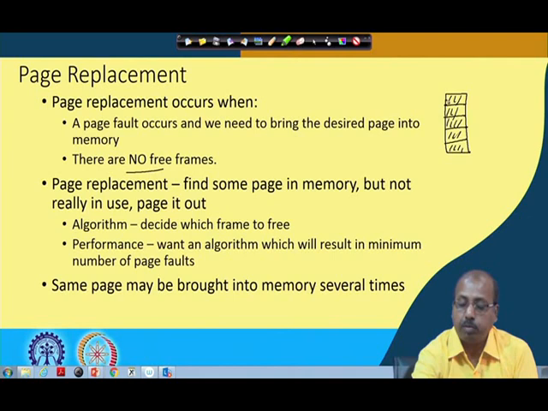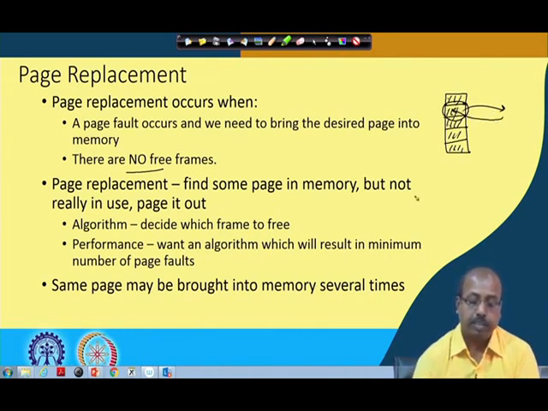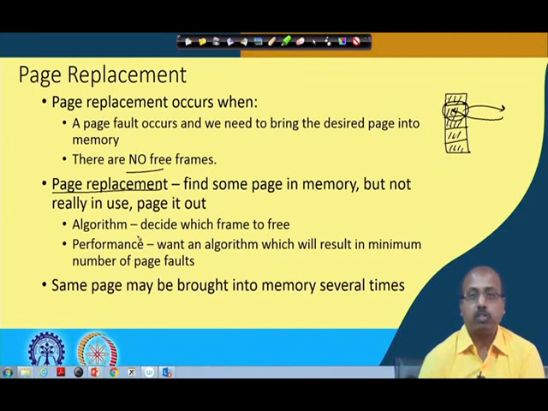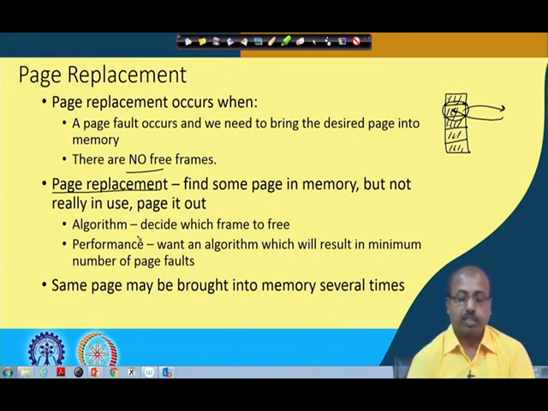Now, I have to select one of these pages as the victim page, and whichever page we select, that page has to be swapped out, and as a result this frame will become free, and there I will be able to load the new page. So, that is the policy of page replacement: find some page in memory which is ideally not really in use. It is there in memory, but it is not being used by the processes. If we can find such a page, then we will put it back onto the swap space and free that frame, and load the new page that is required into that particular frame.